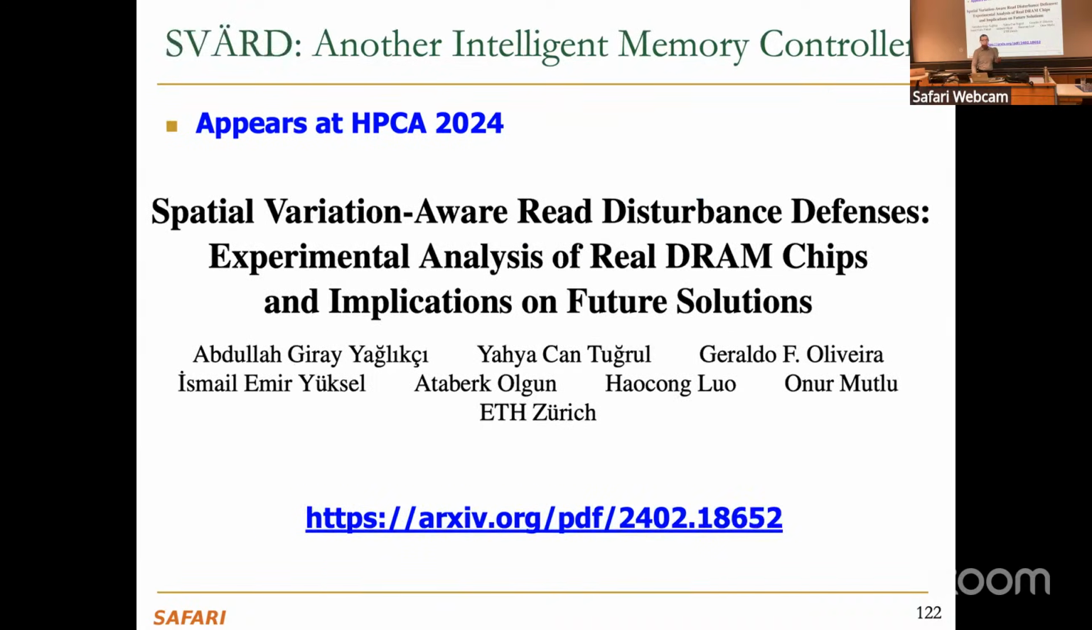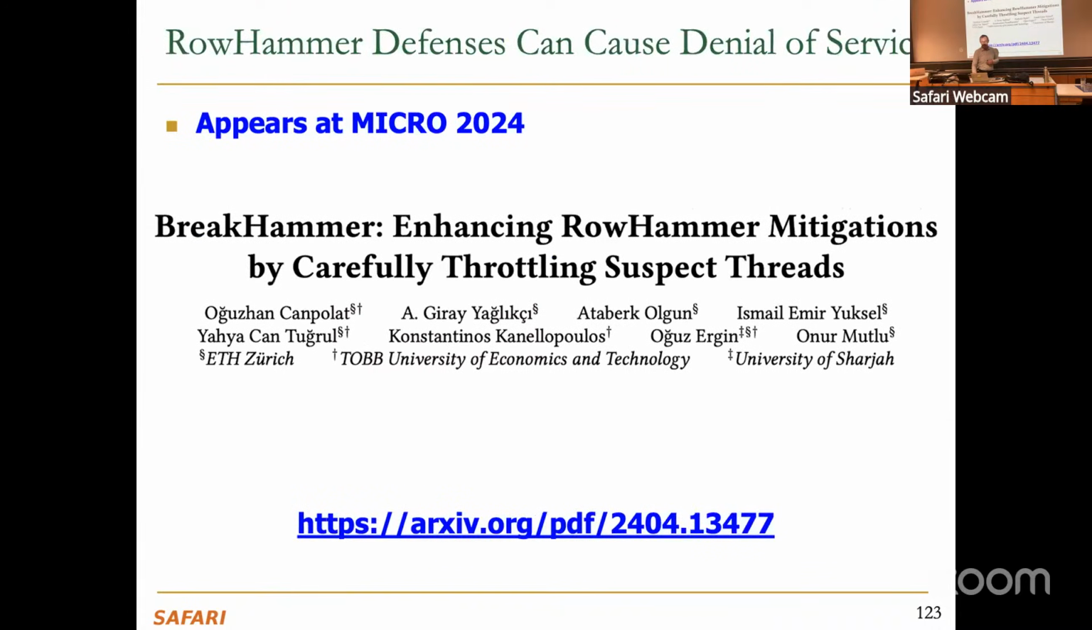And there are solutions that exploit spatial variation. And this is the one that I mentioned before, that essentially improves RowHammer mitigations by very selectively throttling threads that can cause these RowHammer bit flips. And this also has a solution for reducing the denial of service problem with RowHammer. So one of the issues with RowHammer solutions is you can solve the problem. It comes at a hardware cost, but it turns the problem into also a denial of service problem, meaning you